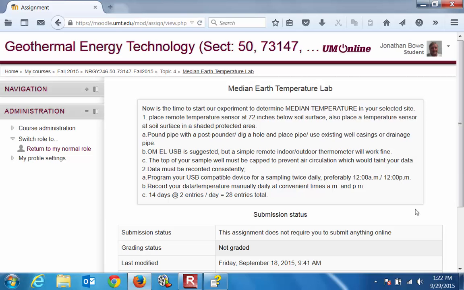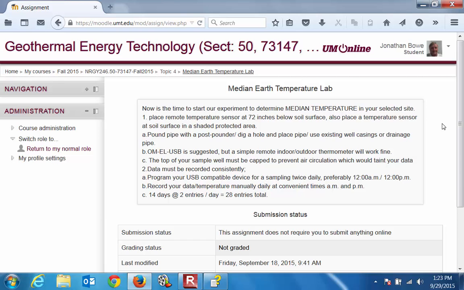You can buy this OMEGA USB logger, which is a $65 or $70 item, but it'll automatically log or record for you. You can set it up with, I think, up to 100 recordings per day. This might be something that you would carry into your profession if you were going to search for geothermal resources. But just as well, easy to use is the indoor-outdoor thermometer